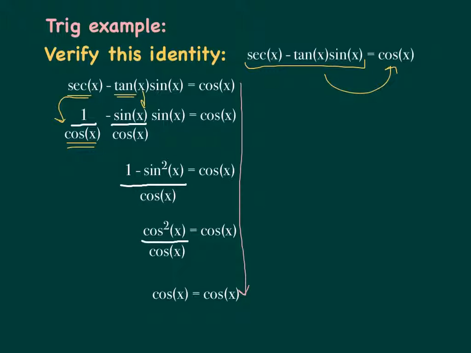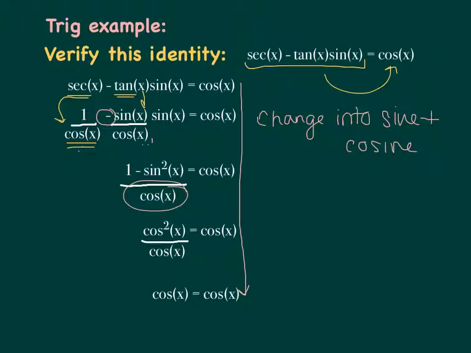Okay, so first I change that into sine over cosine. Again, that's not always going to be the best step, but usually it is. And now I notice that I have the subtraction of 2 fractions that have the same denominator of cosine of x. So that's going to be the denominator of my new fraction. And then my numerator is 1 minus, well, I had sine x times sine x, so 1 minus sine squared